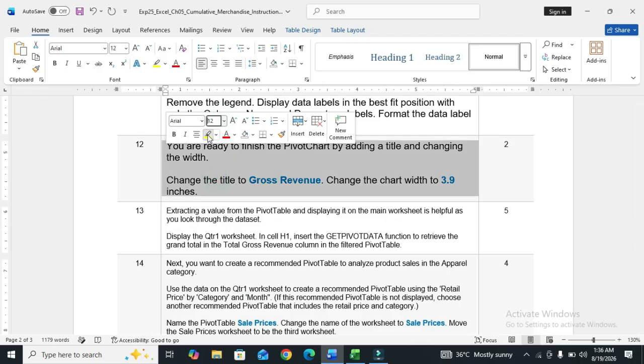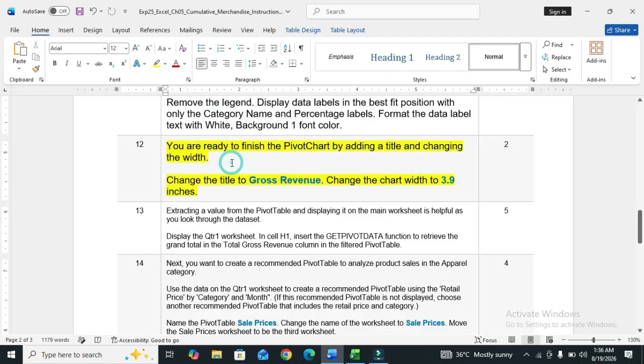and also color it. Step number 12: you are ready to finish the pivot chart by adding a title and changing the width. Change the title to gross revenue. Change the chart width to 3.9 inches. First change the title to gross revenue.